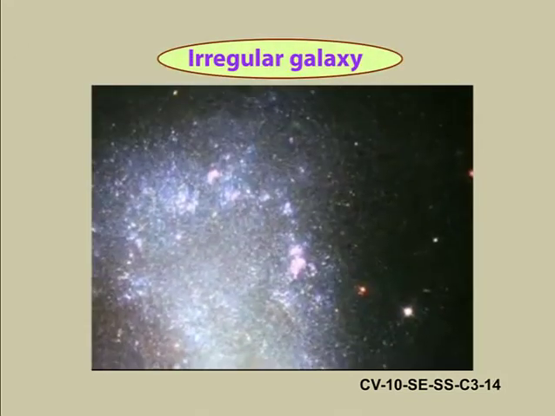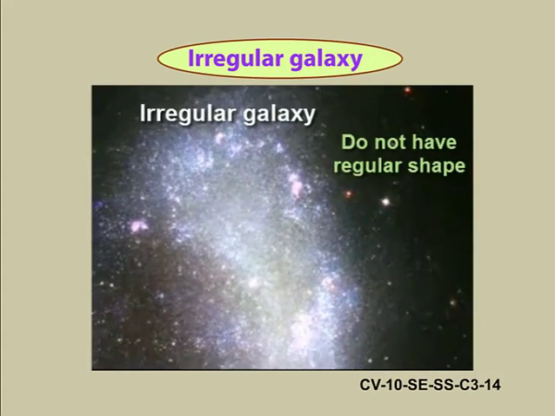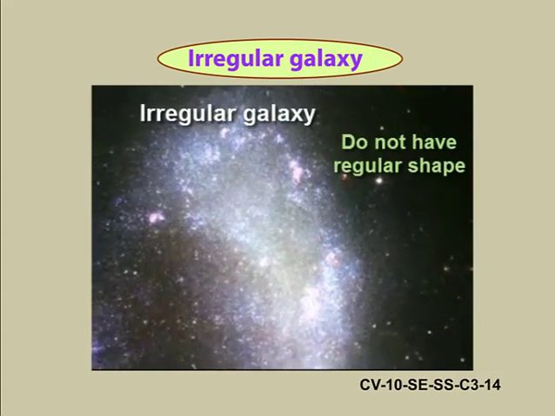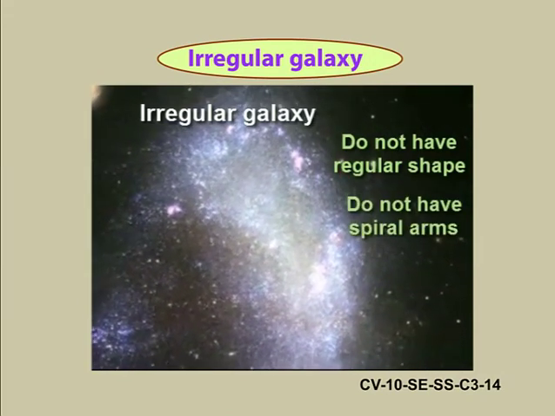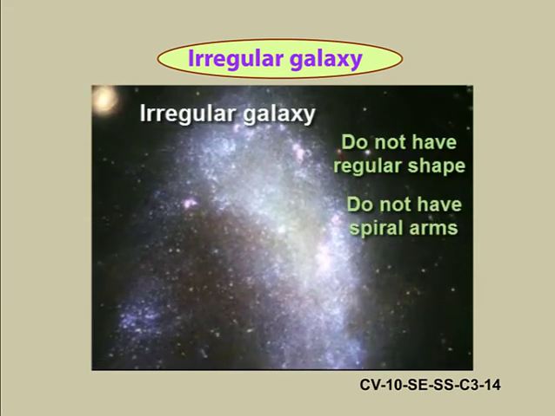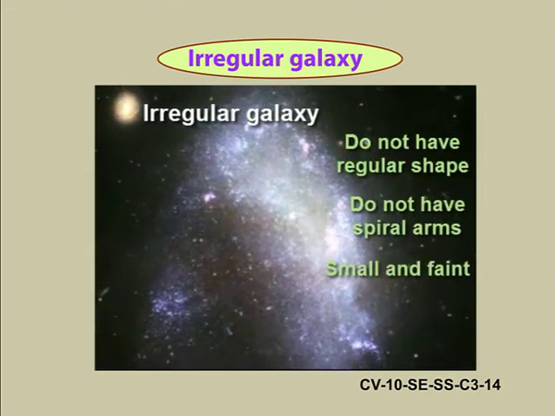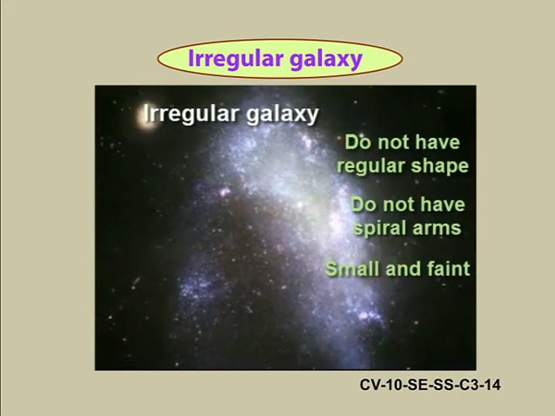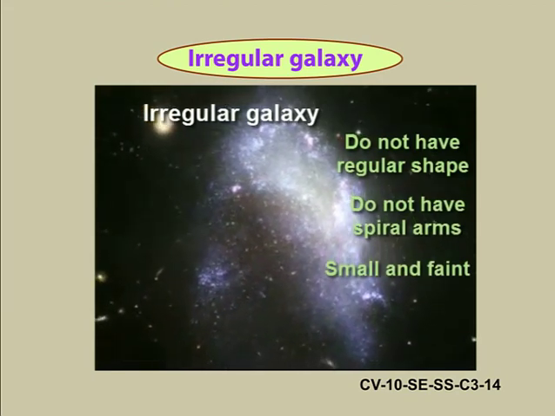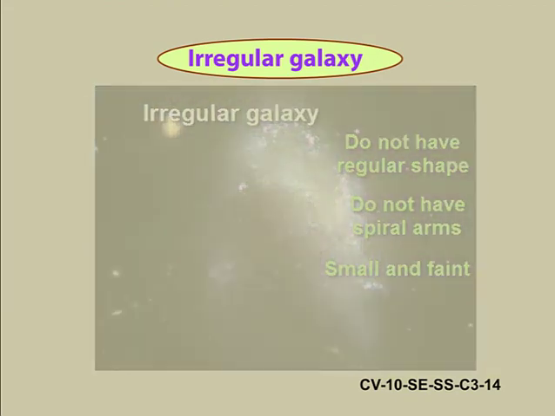As the name suggests, irregular galaxies do not have regular shape as of elliptical or spiral. They do not have spiral arms or dense centers. They are normally small and faint and hence are difficult to detect. Examples are